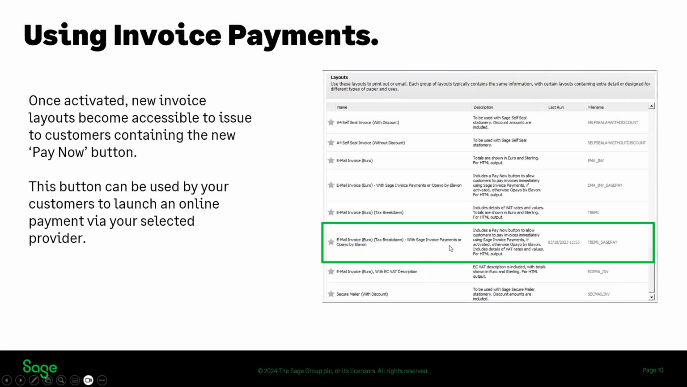Now, Pay by Elevon is a slightly different process. It works on a very similar basis. It does take payments using a Pay Now option, but the setup for that is slightly different. But the same layouts can be used for that. So that's where you can see it says both there. So when you use these layouts,